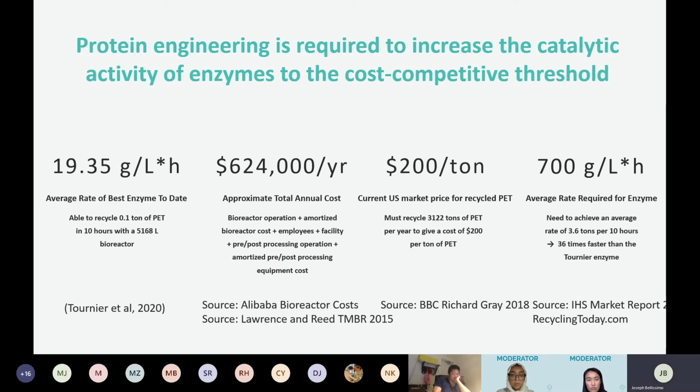Okay, so let's actually get to the numbers. How feasible is this, and what is required to make it feasible? Currently the best enzyme to date has an average degradation rate of 19.35 grams per liter per hour. This represents 0.1 tons of PET degraded in 10 hours with a 5,168 liter bioreactor. The total annual cost to run a bioreactor is approximately $624,000 per year,